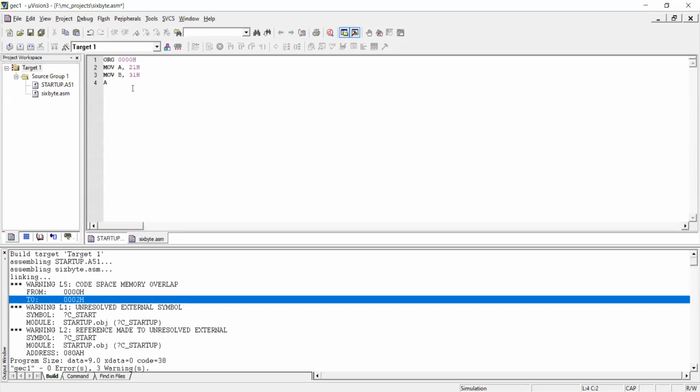Now I will add the lower 8-bit numbers, A and B. Here you can use the ADDC instruction also, but since it is the lower byte, there is no carry. If you want to use ADDC, make sure that the carry bit is 0.